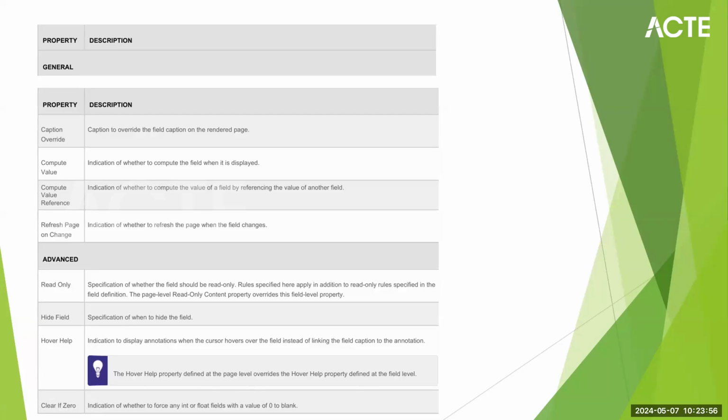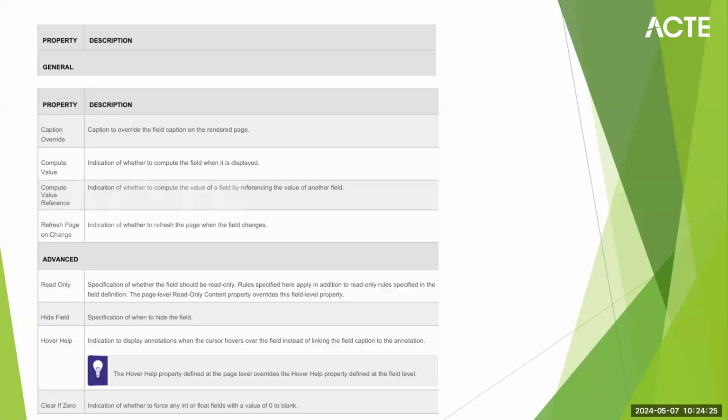You don't want to display that field on the screen. You want that field to be displayed only on click of a particular button on that screen. In that case, you can use the hide field property. Read only means the user cannot edit or give any data. By default it will display a value, but the user cannot update or edit the data for that field.